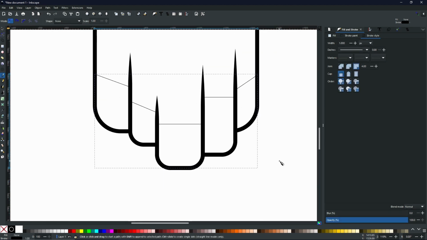Now as you can see, what I have done is I have simply created angles near the bottom of each of these sections that I am outlining with my mouse right now,